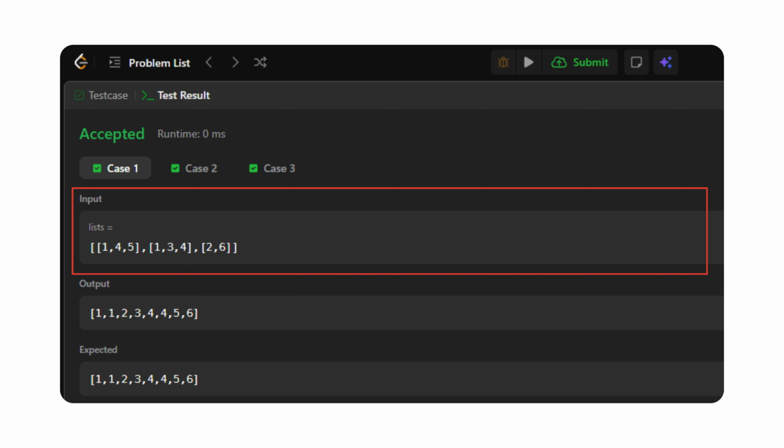Pop next 4, merged: 1, 1, 2, 3, 4, 4. Pop 5, merged: 1, 1, 2, 3, 4, 4, 5. Pop 6, merged: 1, 4, 4, 5, 6. No more nodes remain. And we've always taken the smallest available node at each step, so the final list is